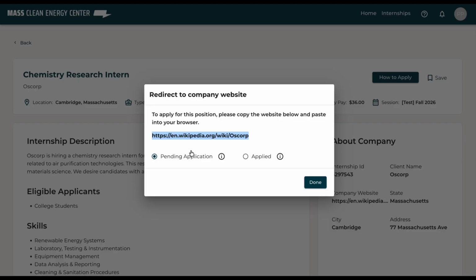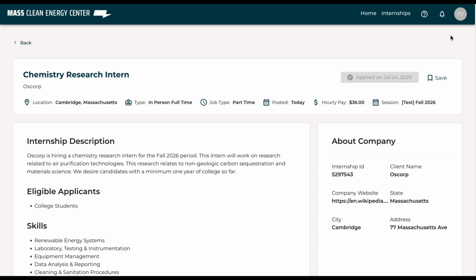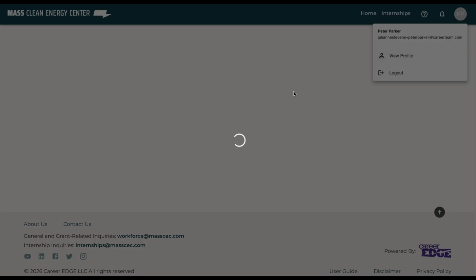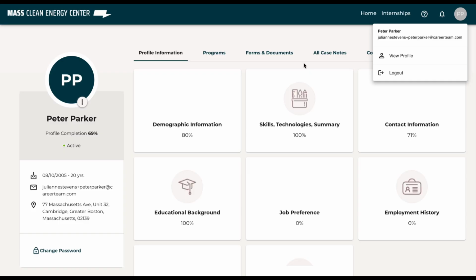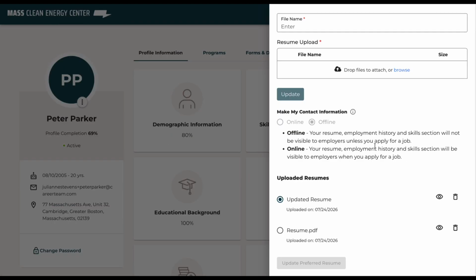After applying, 1. The employer reviews your application. 2. The employer may contact you regarding next steps. 3. Mass CEC reviews program eligibility requirements. Mass CEC may reach out for more information regarding your profile, transcript, or other information. Make sure to keep an eye on your email for communication from Mass CEC's internship team or notifications from @careerteam.com